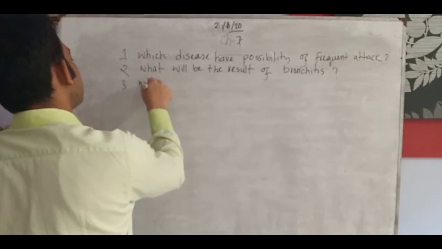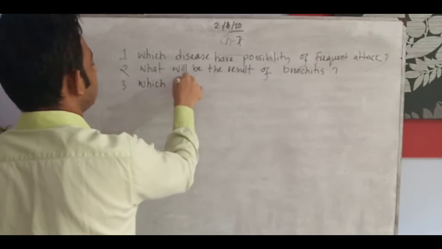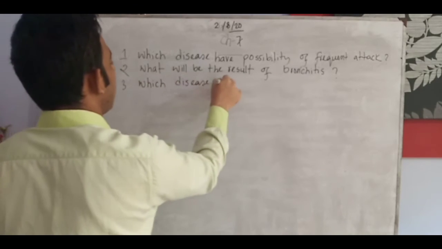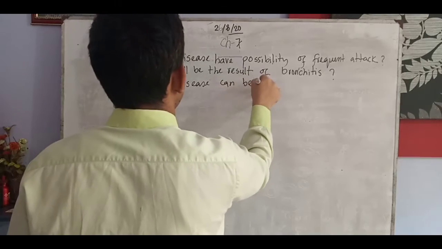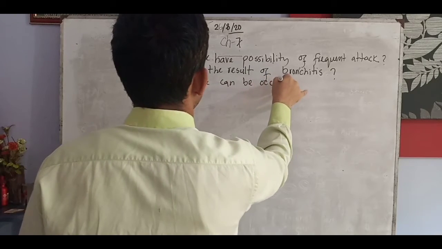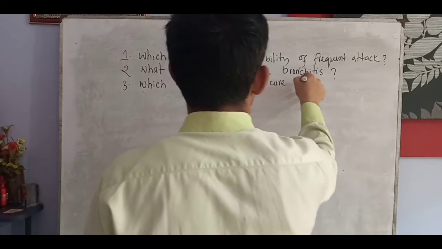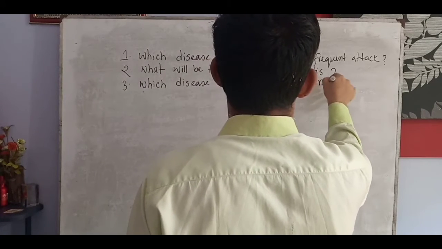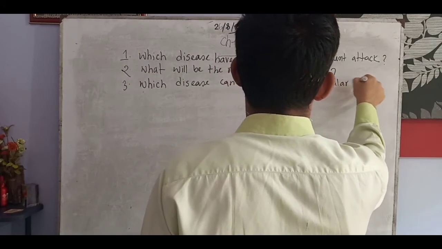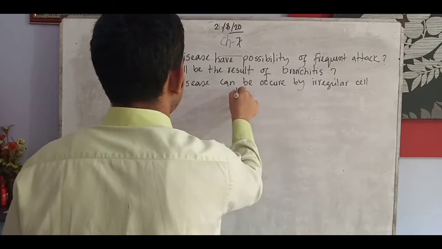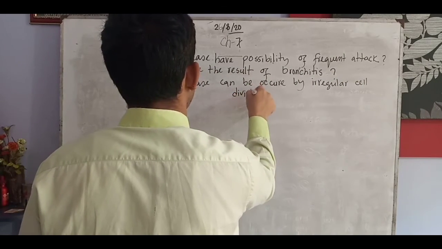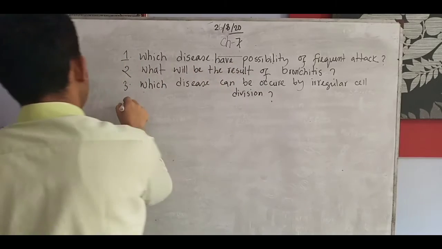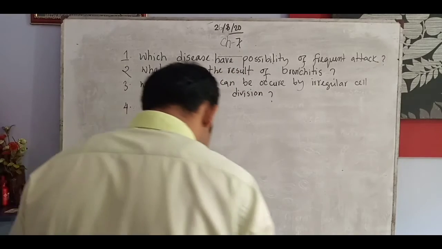Which disease can be occurred by irregular cell division? Number four,